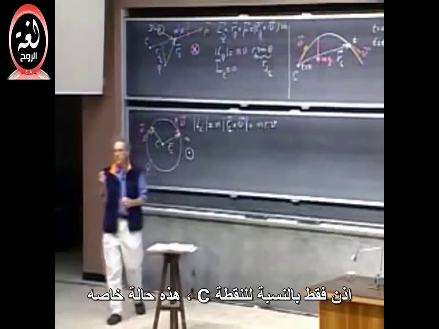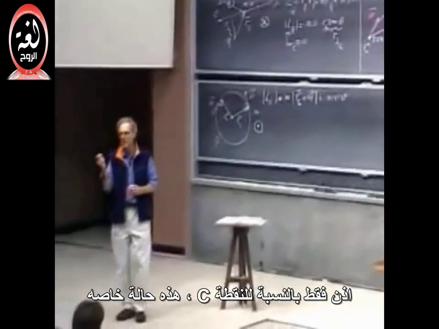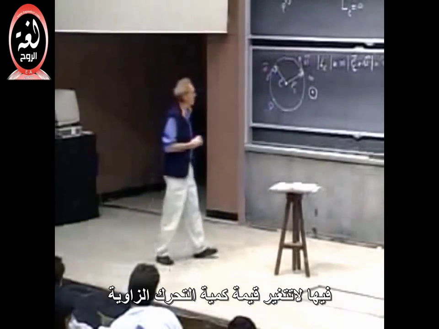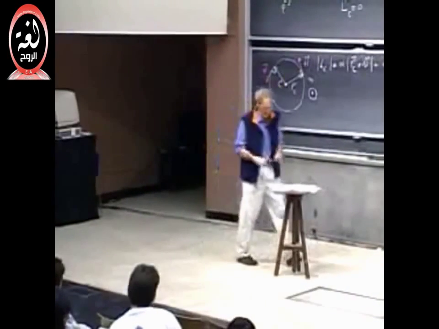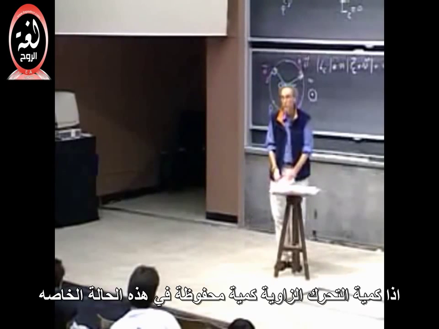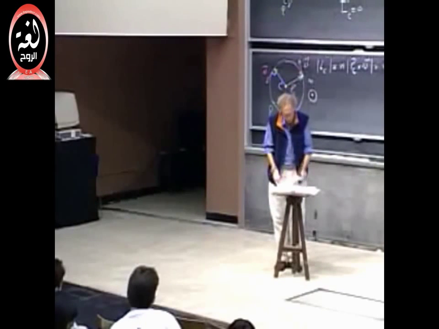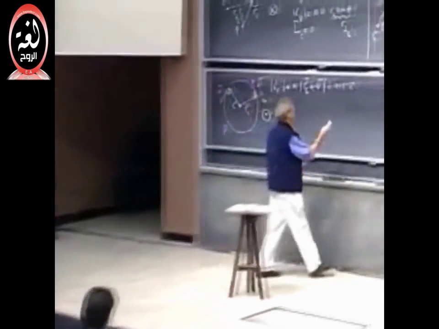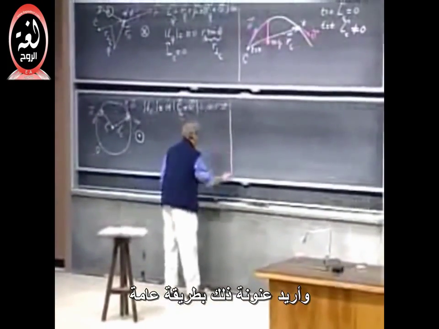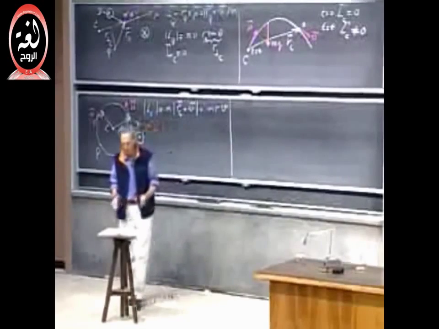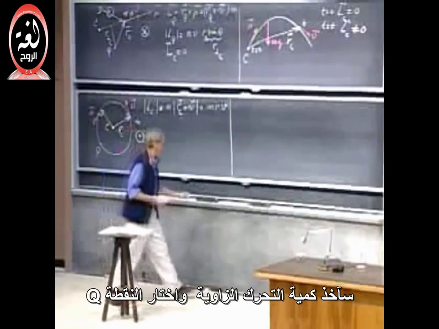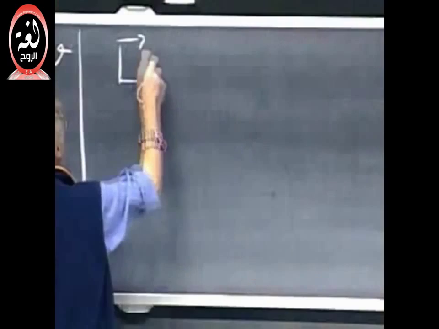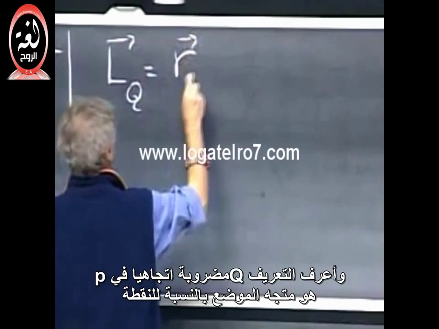So only relative to point C, it's a very special case now, is angular momentum not changing. So angular momentum is conserved in this special case, but only about point C. And I want to address that in a little bit more general way. I take the angular momentum and I choose a point Q, and I know that the definition is position